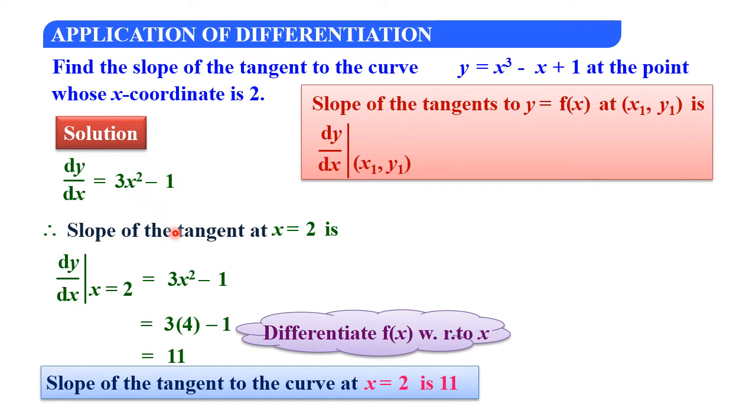Now when you will be finding the slope of the tangent, as you know very well, the formula is slope of the tangent is equal to dy by dx at x equal to 2, it is given. So this is equal to dy by dx, in the sense the differentiation of the given curve, 3x square minus 1. So put x equal to 2 here, x square is 2 square. 2 square is 4, 4 times 3 is 12, 12 minus 1 is 11. So the slope of the tangent to the curve at x equal to 2 is 11. This is the solution.